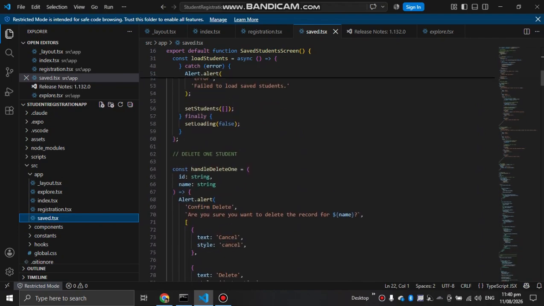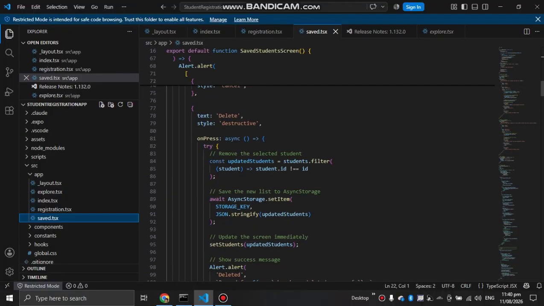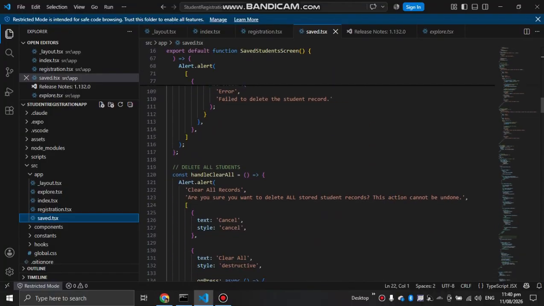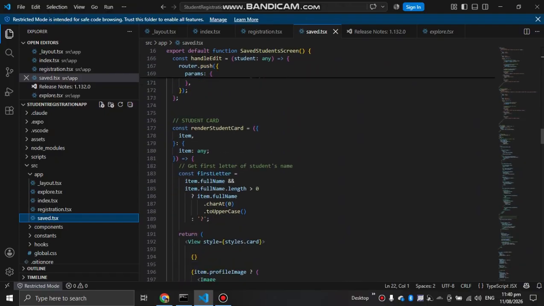Then you can delete a student, then remove, async, then delete, then edit.